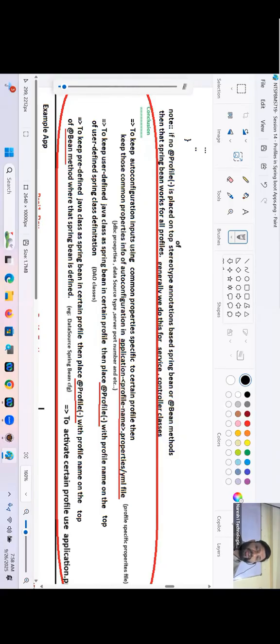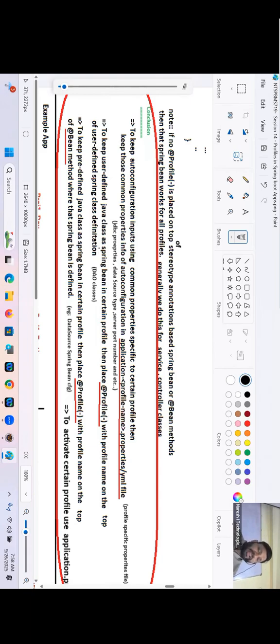Conclusion. To keep auto configuration inputs common properties specific to a certain profile, keep those common properties info of auto configuration in application-profilename.properties or YML file.